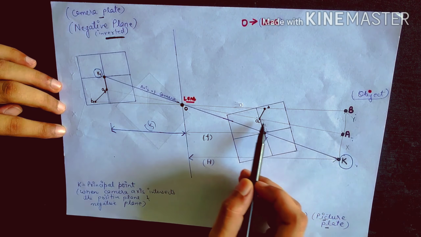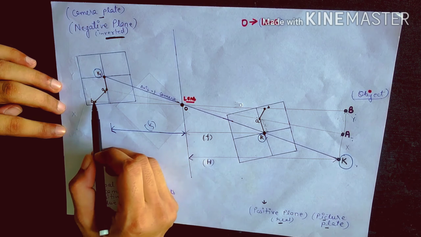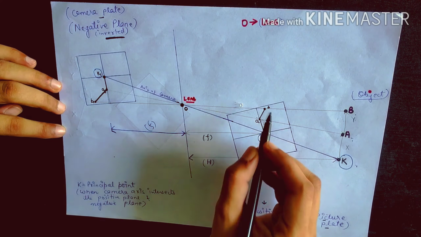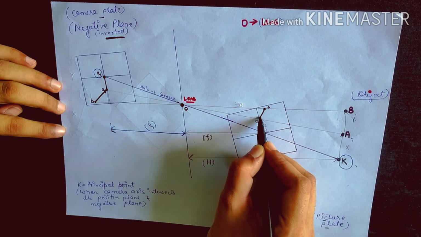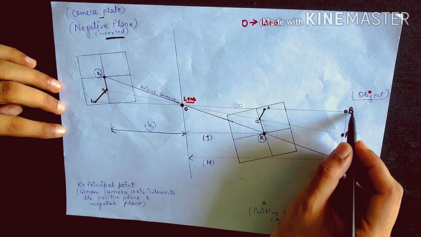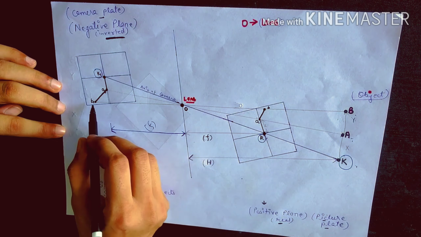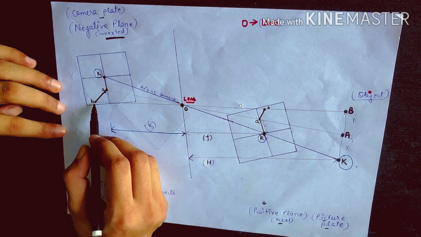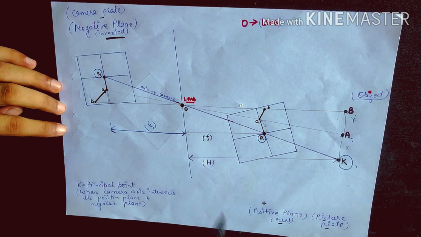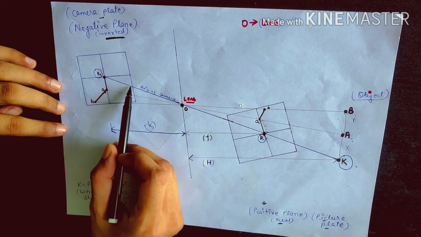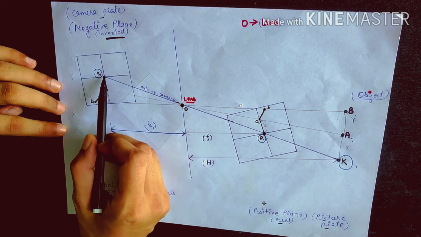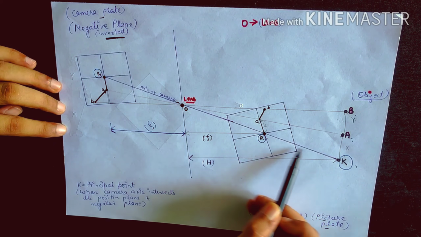You will see that A is here, but A1 and B1 are like this. Here B is upwards and A is downward. In the real image it is also A and B, with B on the upper side, but in the negative image B is on the lower side because it is an inverted image. Okay, and the center axis of the camera is called the camera axis. It is passing through the center line.